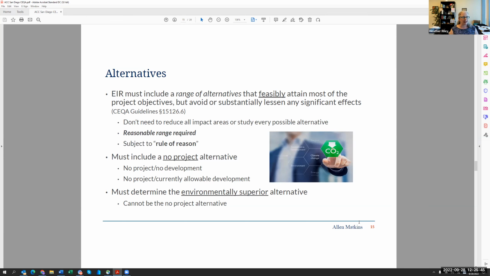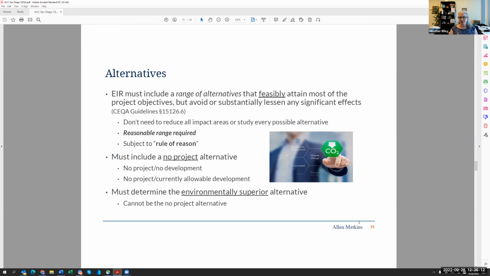The reasonable range, I may say 2, an opponent may say 12. The public agency may say 4. It's a guessing game and it's not an exact science. There is a rule of reason in the case law and the statutes and the guidelines, but rule of reason, the reasonable person, I mean, that's just the worst. All of us who are lawyers know that's like the worst term, because it's great when you're trying to say this is enough, but it's also not great because everybody's going to say you haven't done enough.